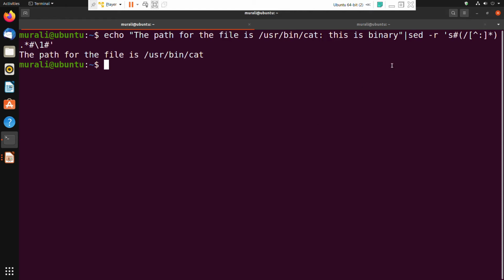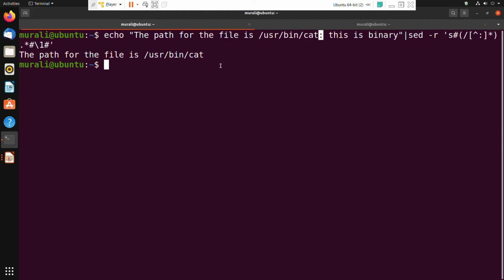Here the colon character is encountered; till then it will keep on reading from the beginning. Then it encounters a slash, and it will keep reading till the colon character is reached. Excluding the colon character, it will store it in \1. So that is the reason we are getting this kind of output.